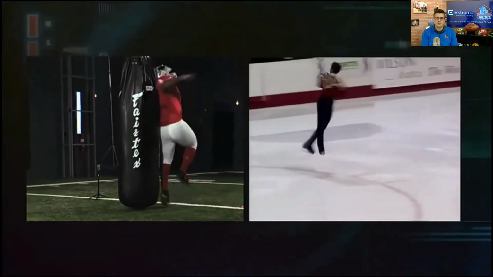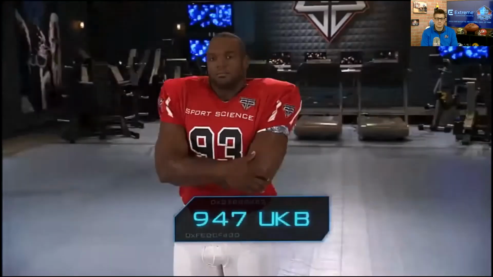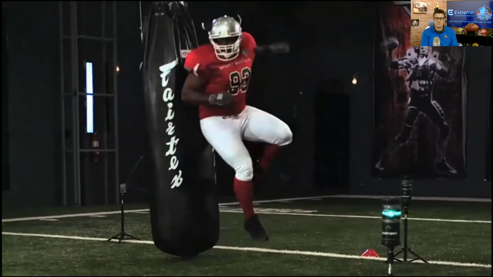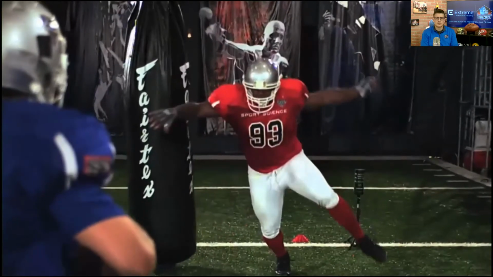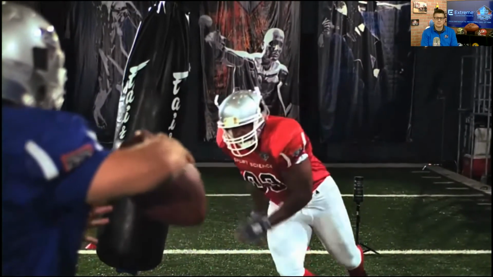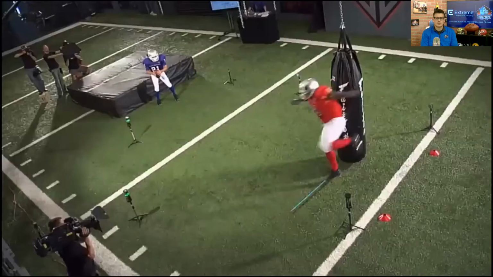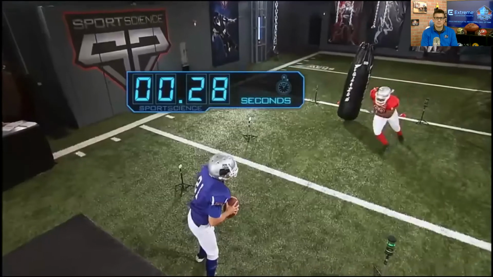Given his relative mass, Freeney spins about as fast as an Olympic figure skater doing a double toe loop. A 270-pound body spinning that fast makes it difficult for a lineman to keep Freeney in front of him. And once he gets separation, it's a foot race to the quarterback. Freeney accelerates to 90% of his top speed, covering about 7 yards in 1 second.